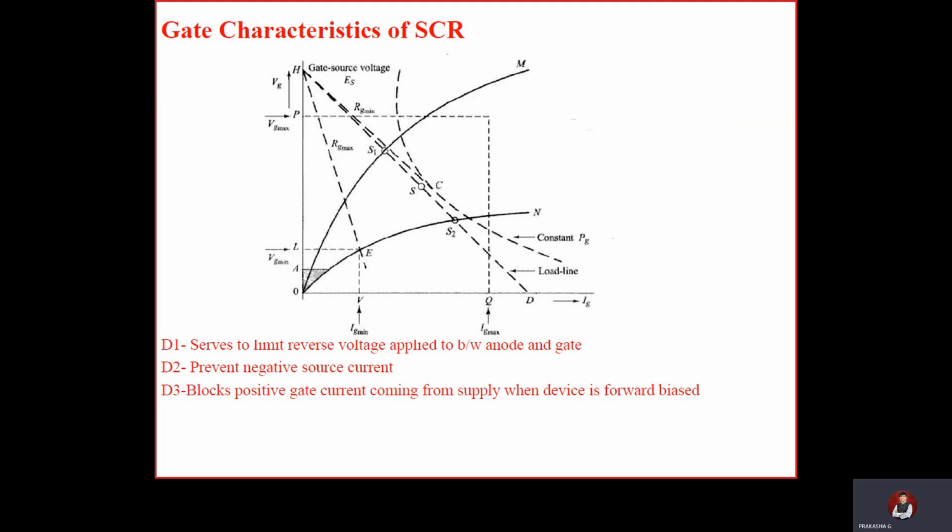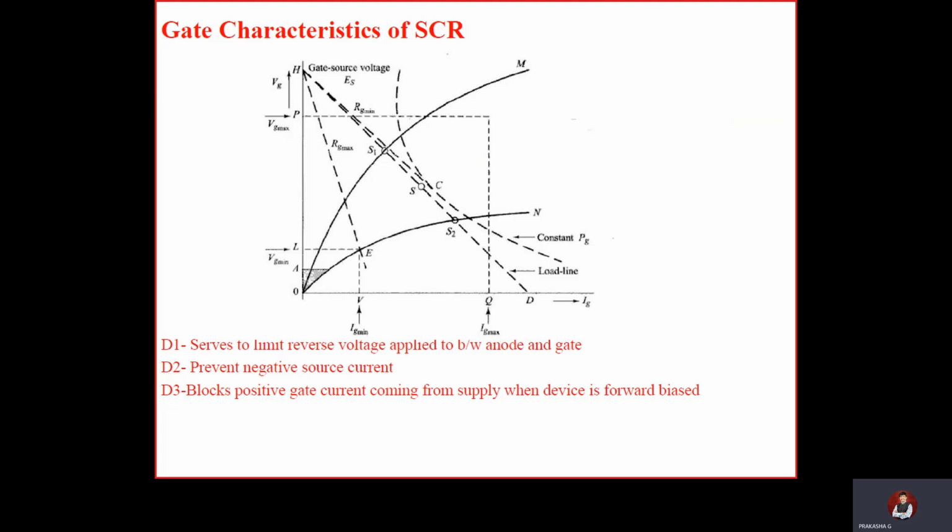With respect to current, and with respect to voltage, Vg minimum and Vg maximum. As we all come across, the gate directly will not conduct. As soon as you switch on the circuit, the gate will not conduct. You are supposed to keep increasing the gate current: 0.1 milliamperes, 0.2 milliamperes. We already came across this in an experiment, those who did the experiment of your